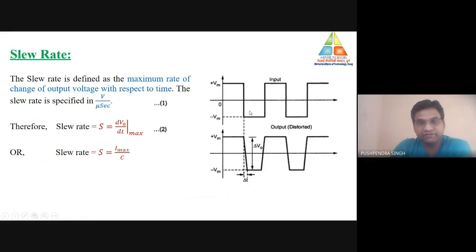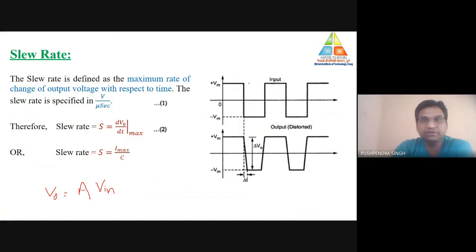You can see from the figure, if the input voltage signal is a square waveform, and the value of gain of the operational amplifier is unity, then what is the value of output? The output V naught is equal to A into V in. So when the value of gain is unity, the output is nothing but the value of input voltage. That should be the behavior of the circuit. Output is equal to input when the gain is equal to unity.